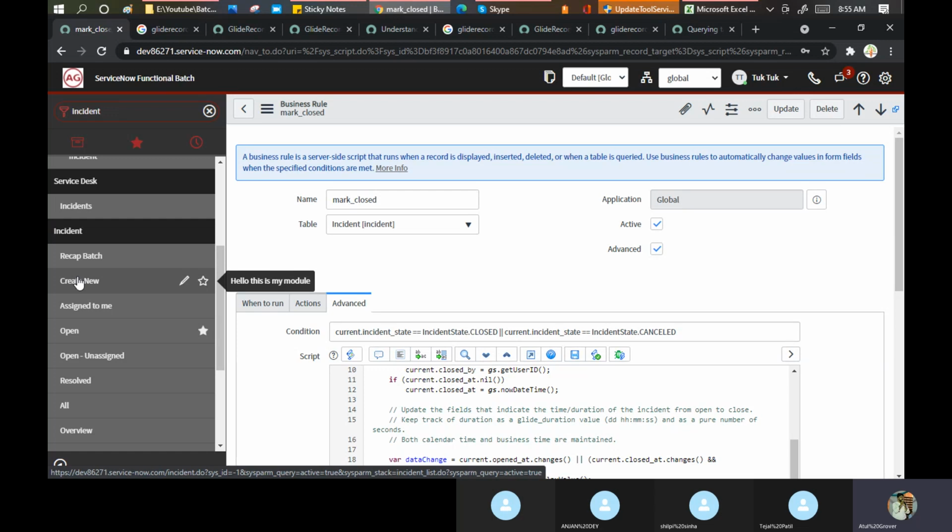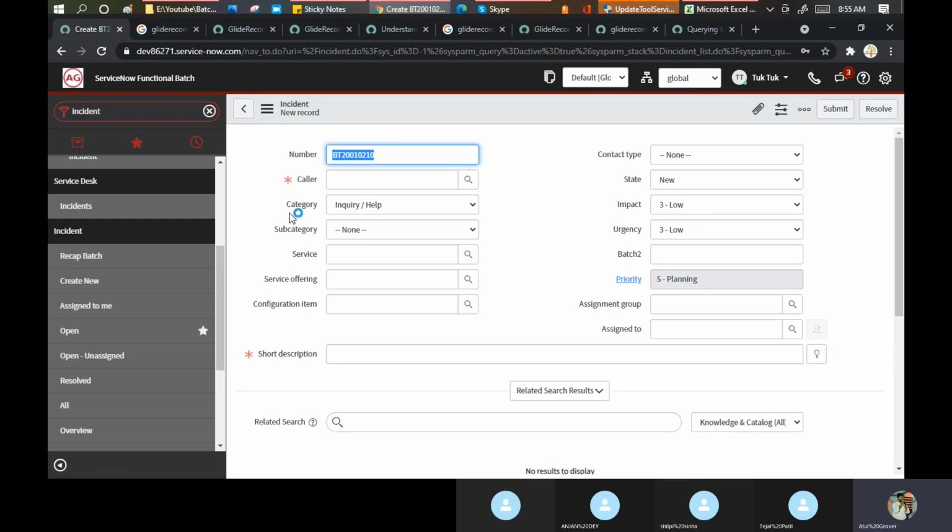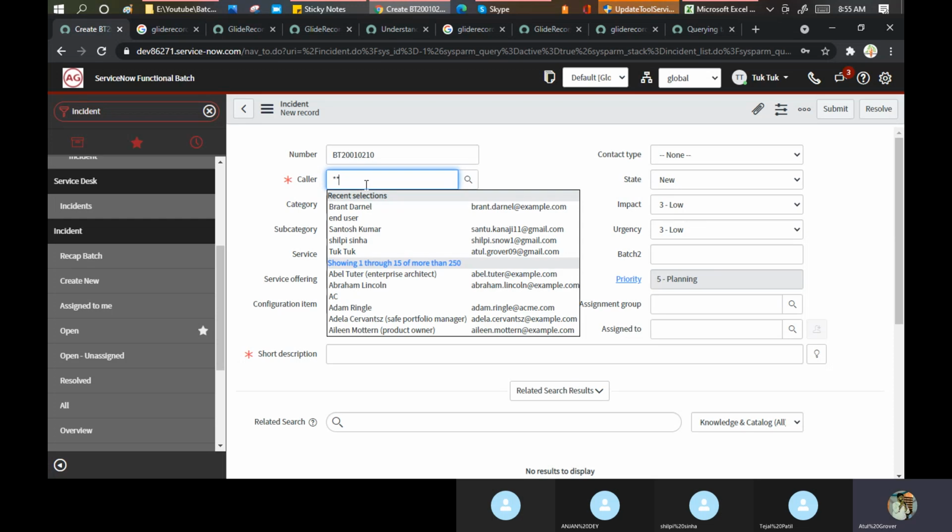I don't know how actually these things work in the background, means the code needs to be written. Okay, now I have a question for everyone. In my caller field, I am able to see name and the email ID. Yes or no?